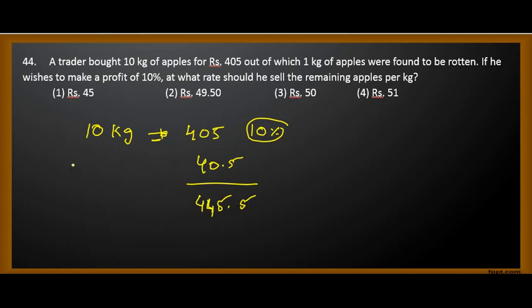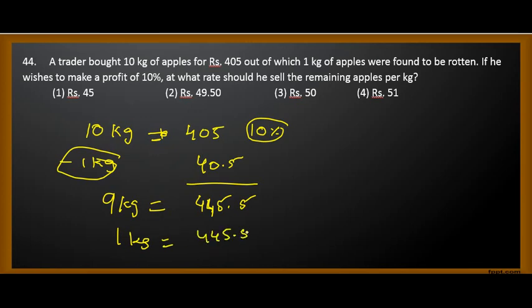This is the amount he has to get. But 1 kg of apple is rotten. So he can't sell this 1 kg. So how many kgs of apple left over? 9 kg. So 9 kg of apples selling price should be 445.5. So 1 kg of apple should be equivalent to 445.5 by 9, which is equivalent to 49.50. So each kg has to be sold for 49.50. So the answer is option